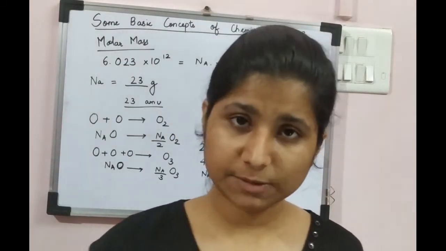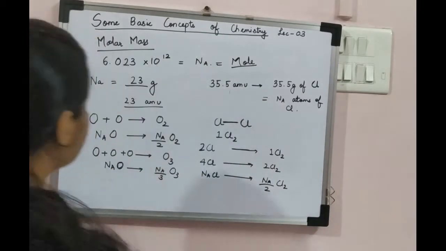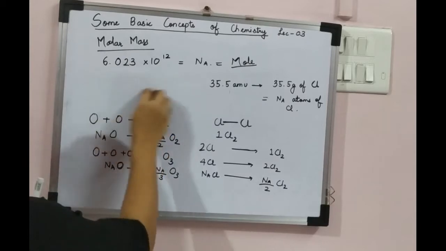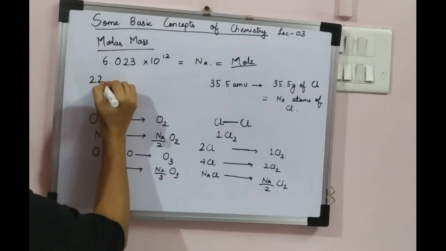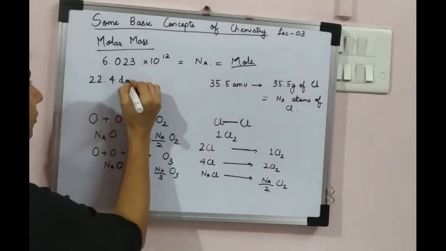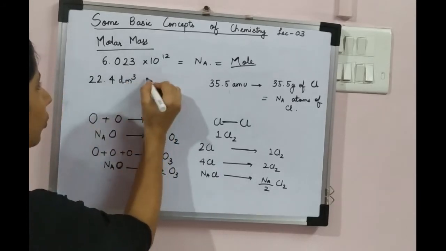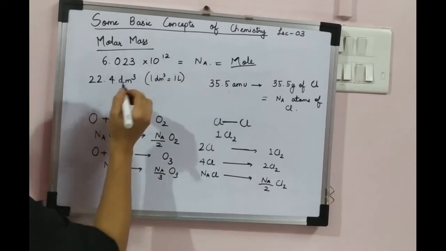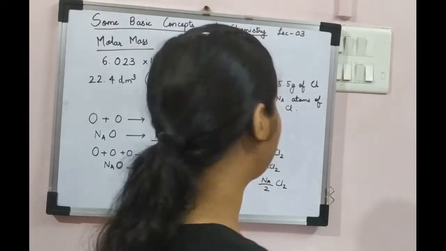So if you understand this concept clearly, there is also one thing about gaseous molecules. What happens with gaseous molecules is we have a particular volume at which we can measure the volume of the gas. It is actually measured as 22.4 decimeter cube. I explained initially, if you remember in the conversions, 1 decimeter cube is equal to 1 liter. So 22.4 decimeter cube is the actual volume of any gas at STP.